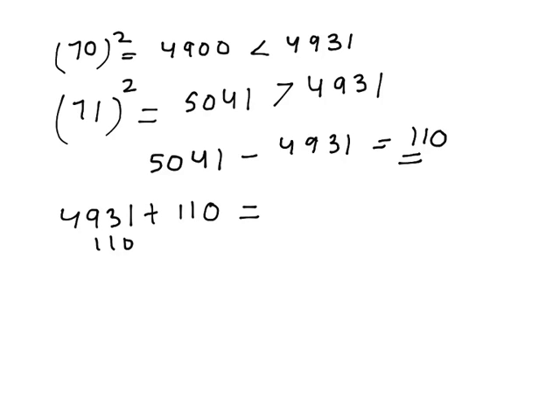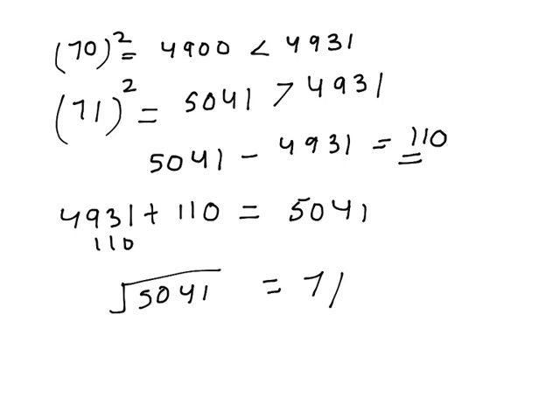Let's check it. It will be 5041. Now we have to find out the square root of 5041 to check either it's a perfect square or not. If we find out the square root of 5041 by any of the processes, we will get 71. So the step is we have to find out a number that is greater than the given number. Then we can subtract these two numbers to get the number that we can add.